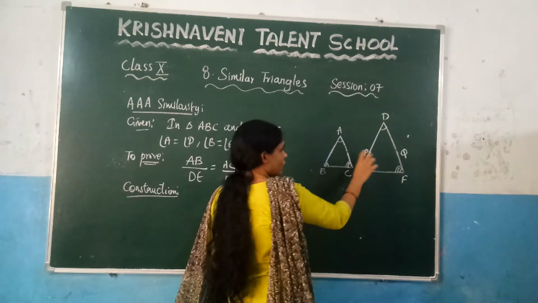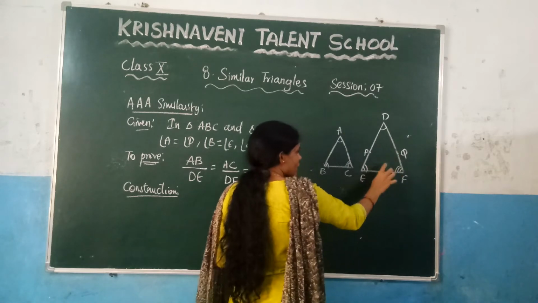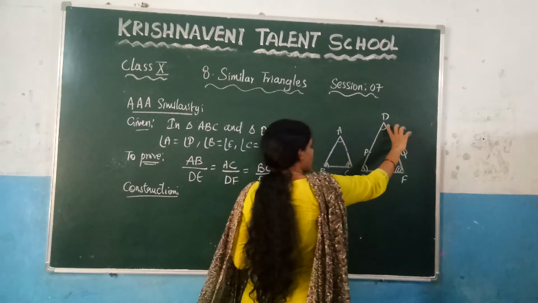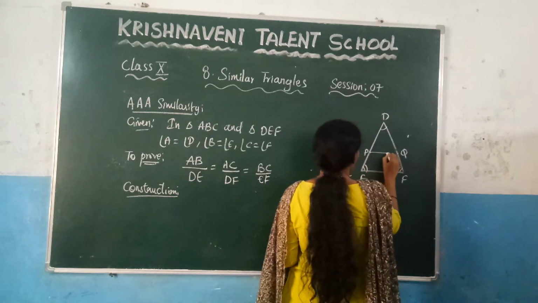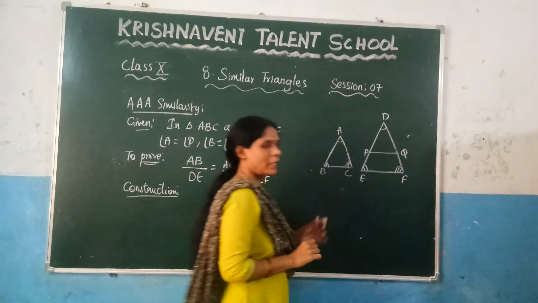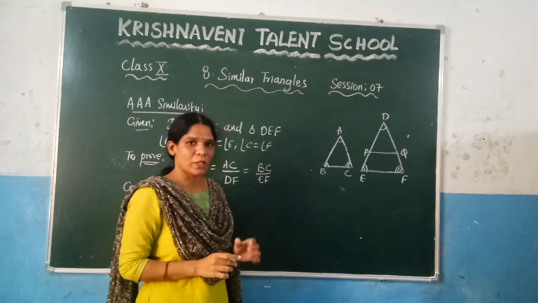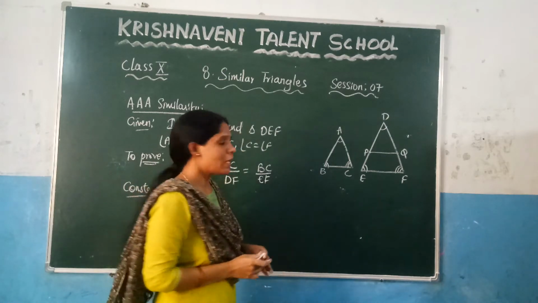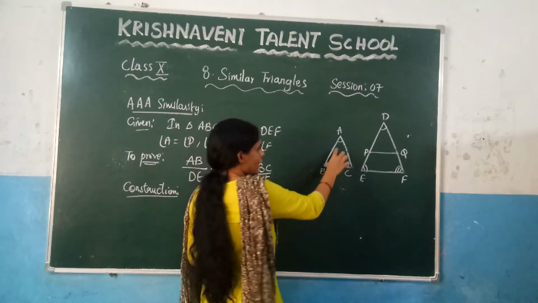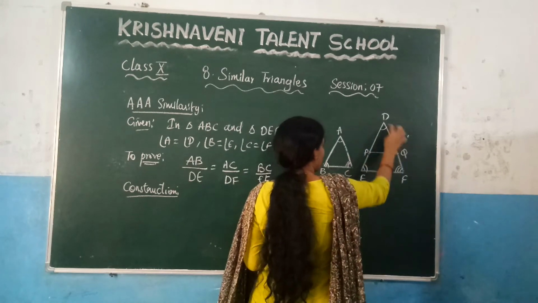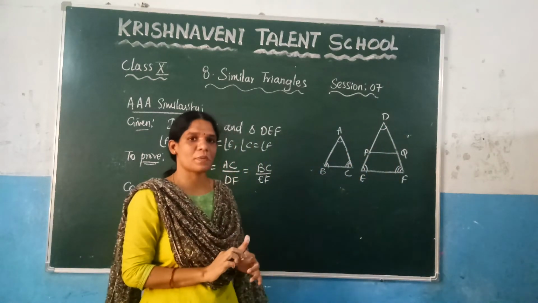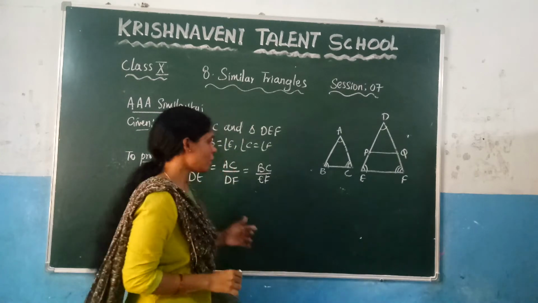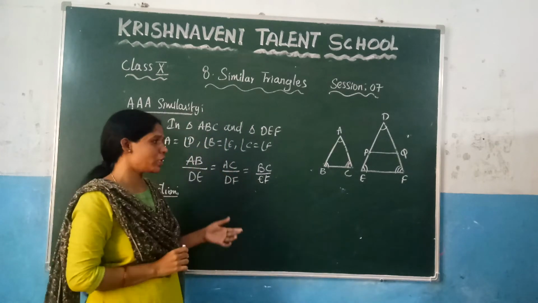And we are choosing one more point here such that the length of AC must be equal to the length of DQ. Such that we are choosing 2 points and we are joining PQ. Why we are doing like this? Because if you choose like that, you can prove that this triangle ABC and this triangle DPQ are congruent. So basing on that congruency concept and congruency criterions, we are going to prove this theorem.